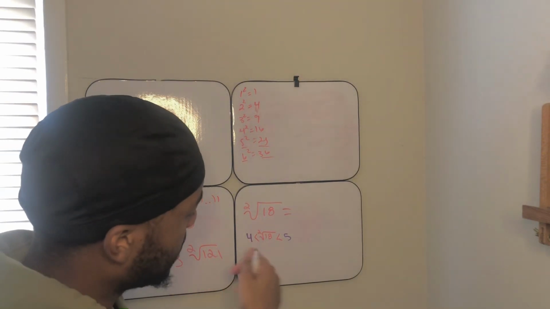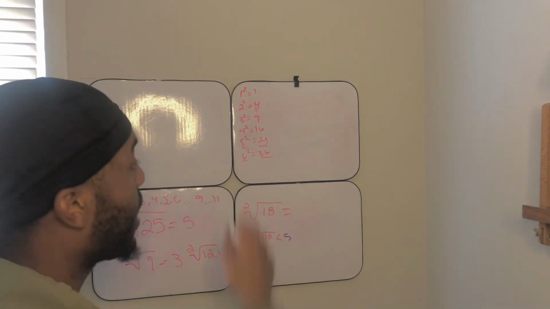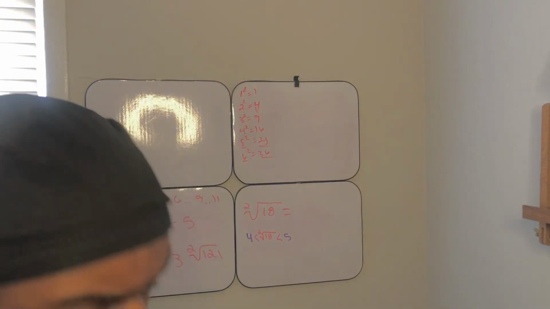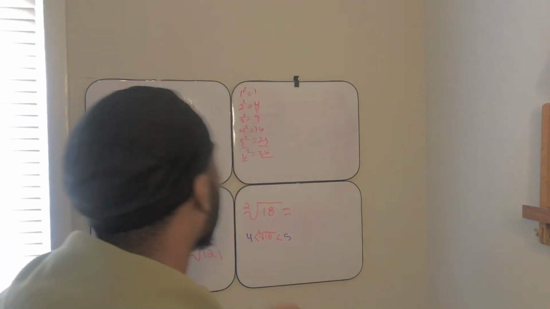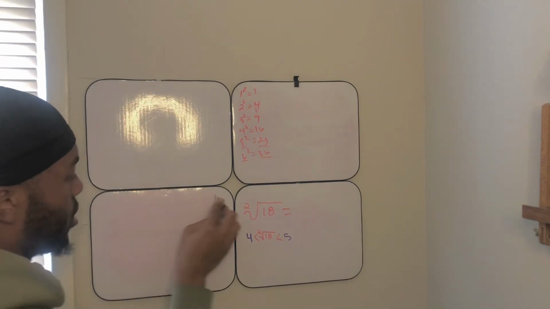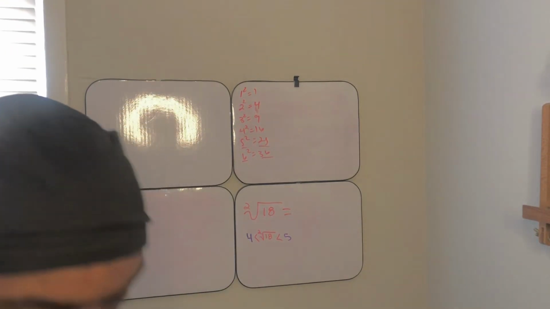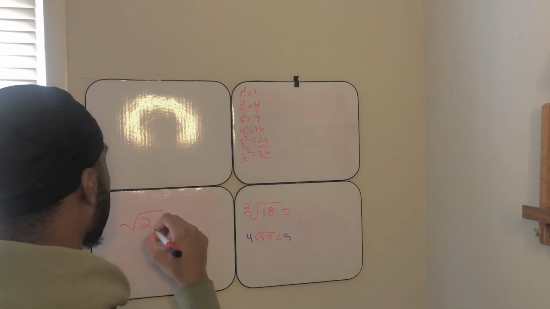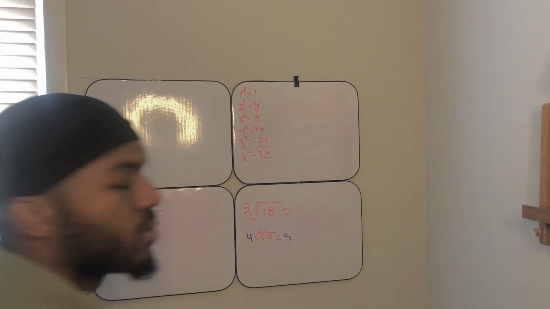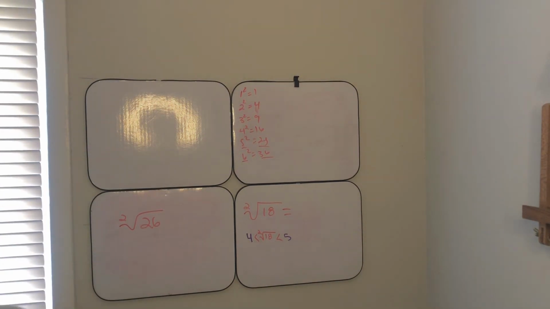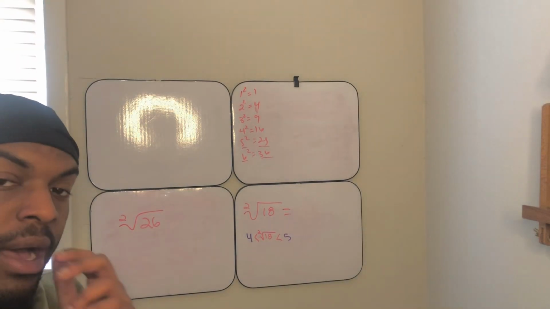But the square root of 18 is going to be less than 5 because 5 squared is 25. And again, if you're not following, don't stress, because we're going to go over a couple of different examples. Let's try another example. So let's say we got the square root of 26. What times what will give you 26? Well, I don't know, but we can figure it out by doing